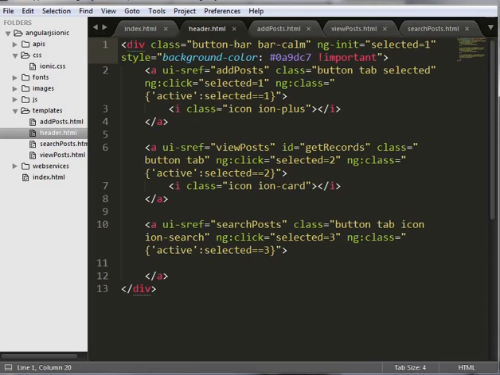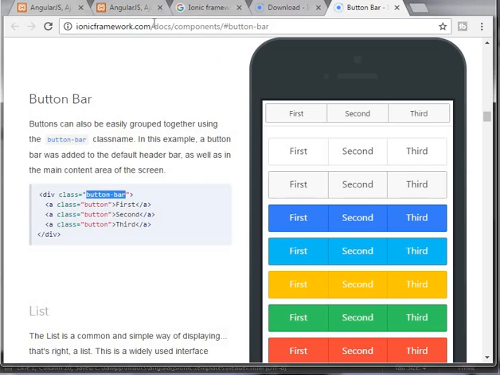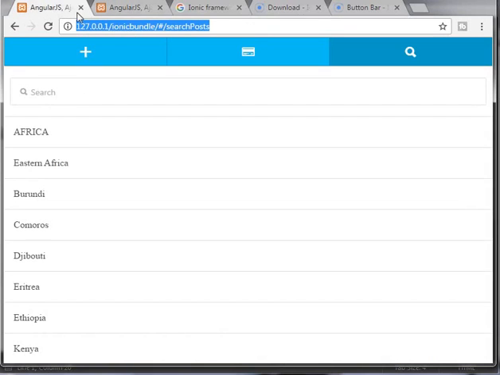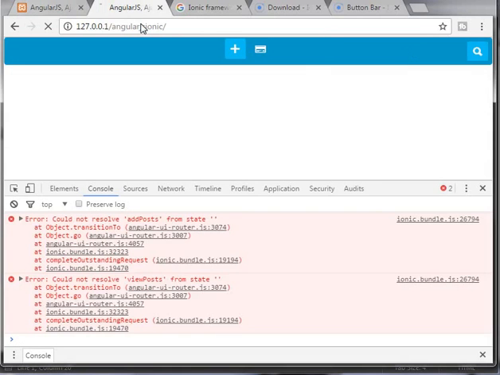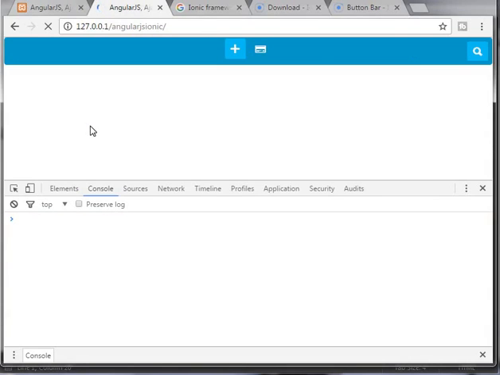Okay, that's what I was missing here. Now just go to our browser, not this one. Okay, now it's displaying properly,